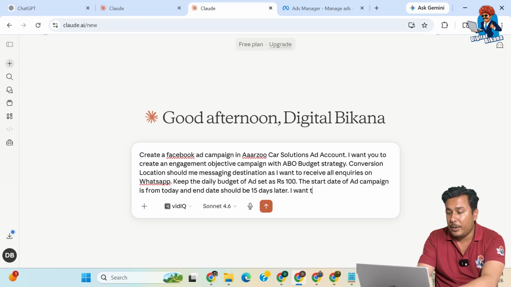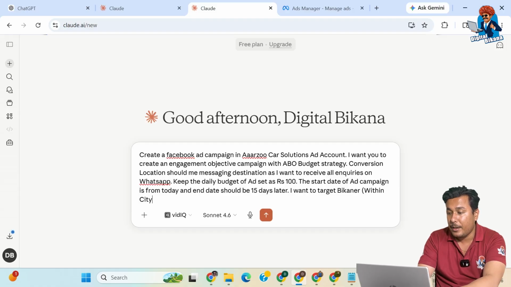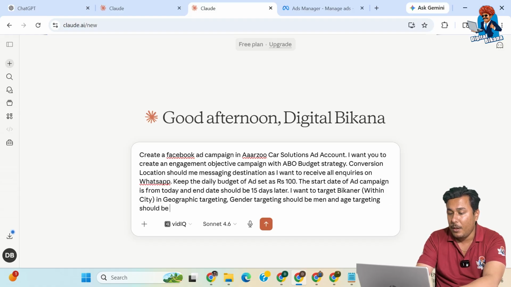I want to target Bikaner within city in geographic targeting, comma, gender targeting should be man and age targeting should be 23 years to 55 years,